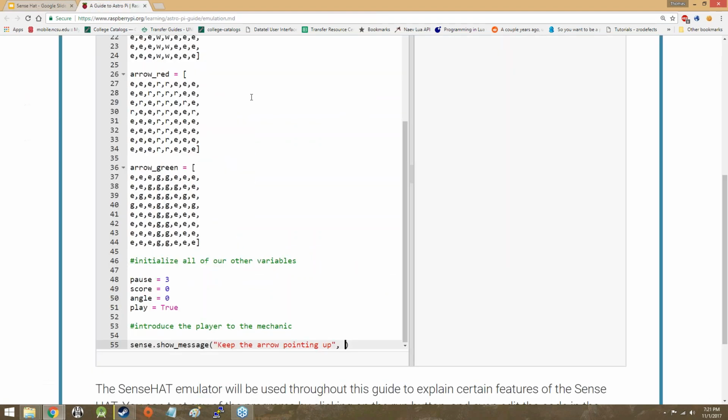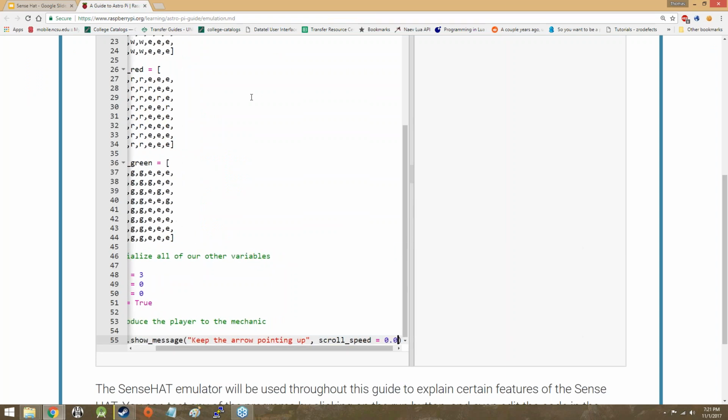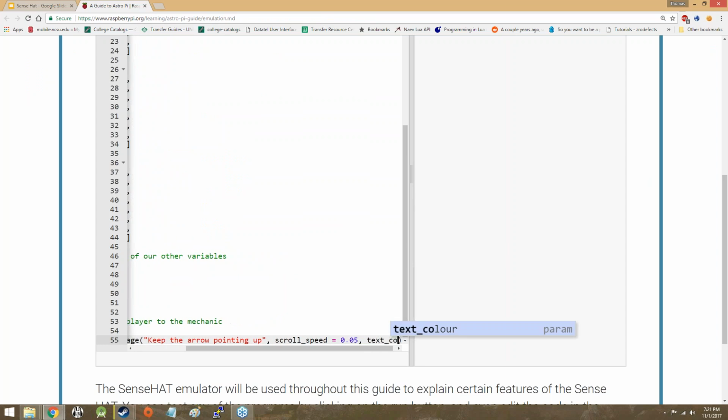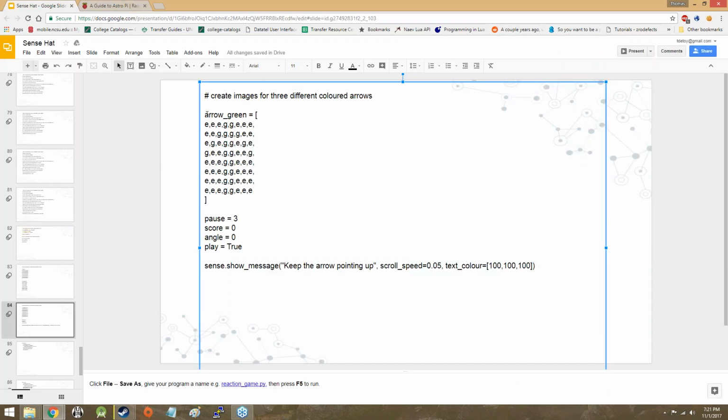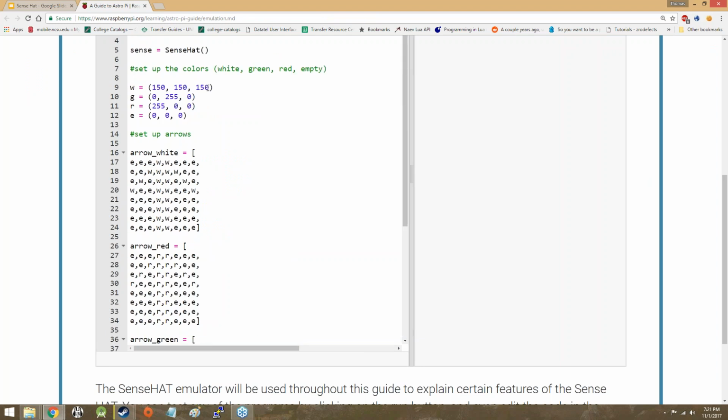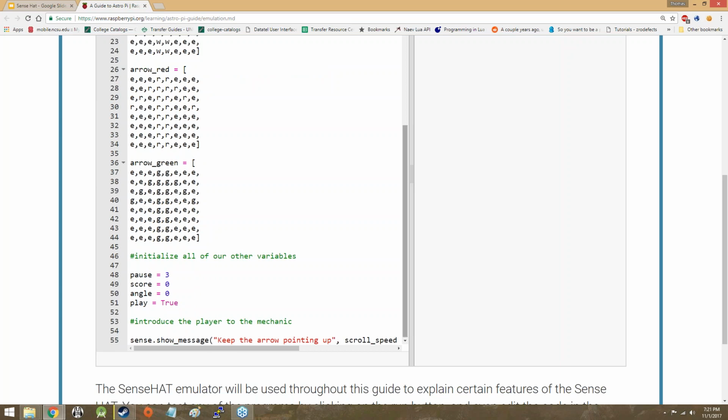So yeah, we want to keep the arrow pointing up. And we're going to set the scroll speed of 0.05 and a text color, with a U because it's all British, of 100, 100, 100. So it's going to be that same not quite blinding white color that we've used for our white. No, it's less so, a little bit dimmer. So yeah, that's going to be our